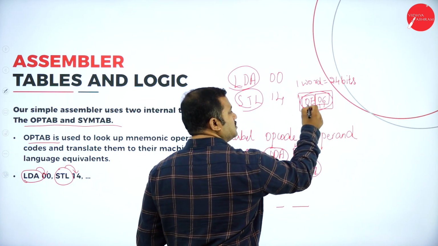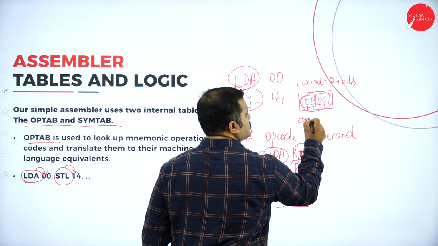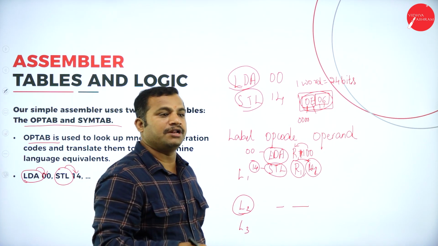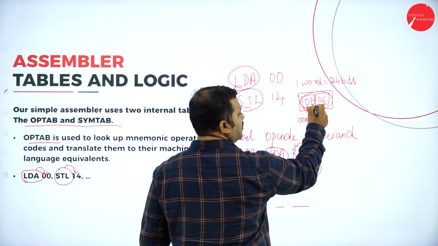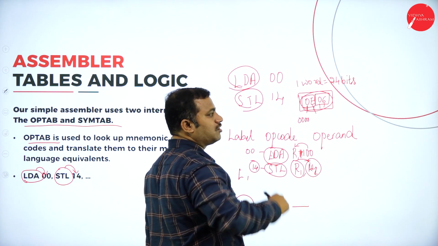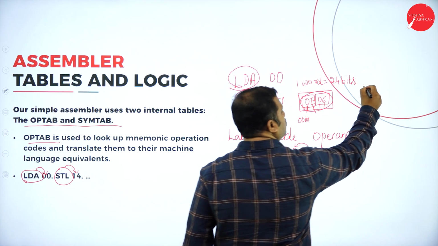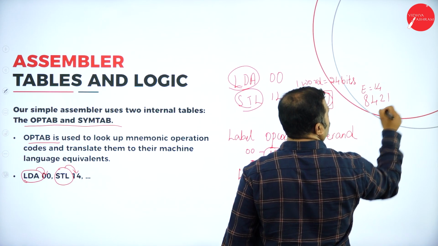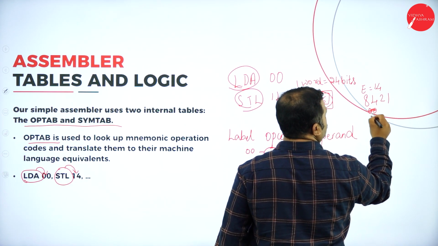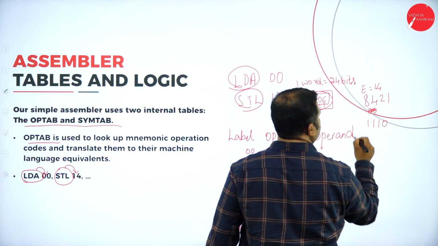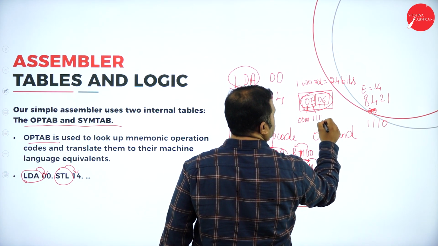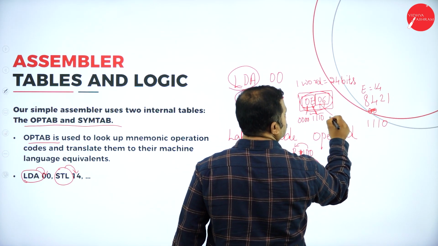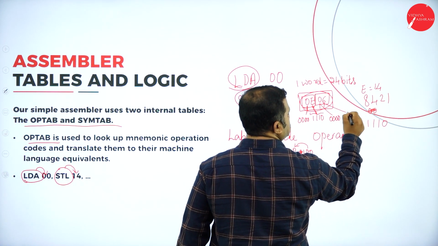So if that is the case, 0 can be represented as 0, 0, 0, 0. E can be represented as 14. I convert this into an equivalent binary format. What is the binary format of E? E is equal to 14. Using the 8421 code, it is 1, 1, 1, 0. That has to be 1, 1, 1, 0. This corresponds to E. This 0 corresponds to this. This 6 corresponds to